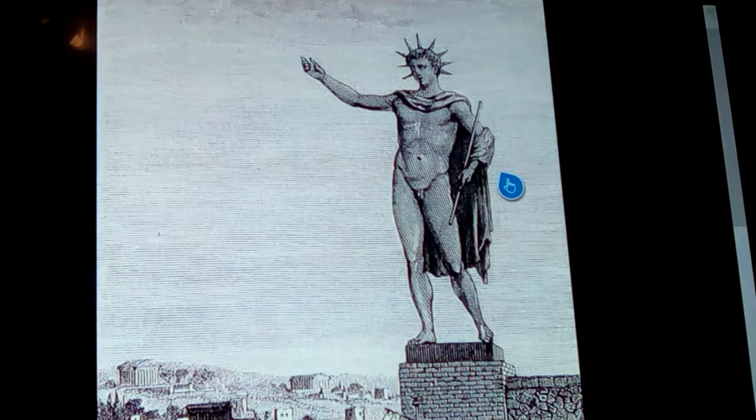Enacting the rites of Helios and the sun god with rays coming out of its head too. He was the Colossus of Rhodes. Rites of Helios, the sun god, a giant bronze, gleaming, naked man with perhaps a sash, like Jesus, hanging down below his legs,